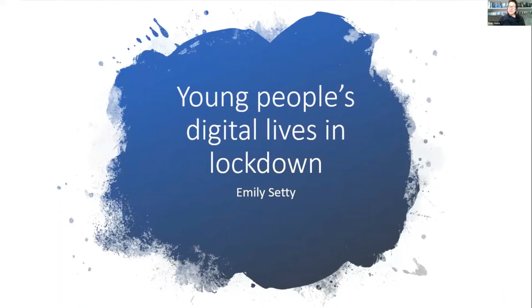Unlike most of the speakers, but similar to John, I'm not actually going to be presenting any kind of new empirical research here, because my research is in process and planned. But what I'm going to do is just explain a bit about what my plans are and the rationale behind them, given the situation that young people find themselves in lockdown, and how that may have impacted their digital lives,